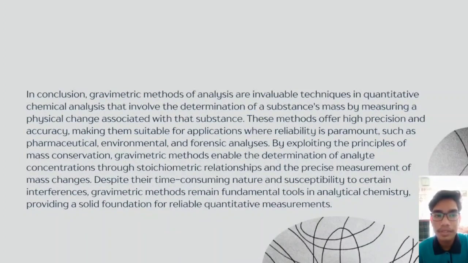By exploiting the principle of mass conservation, gravimetric methods enable the determination of analyte concentration through stoichiometric relationships and the precise measurement of mass change. Despite their time-consuming nature and susceptibility to certain interference, gravimetric methods remain fundamental tools in analytical chemistry, providing a solid foundation